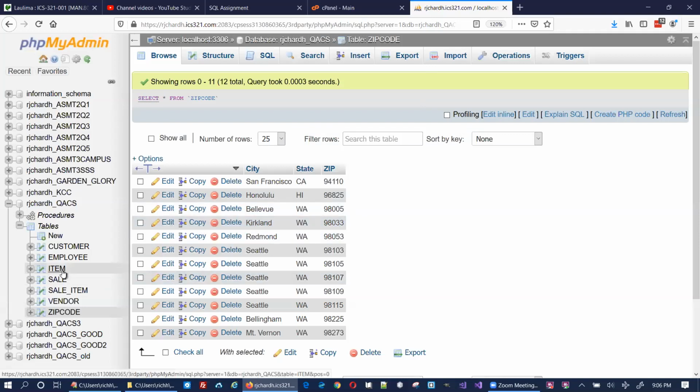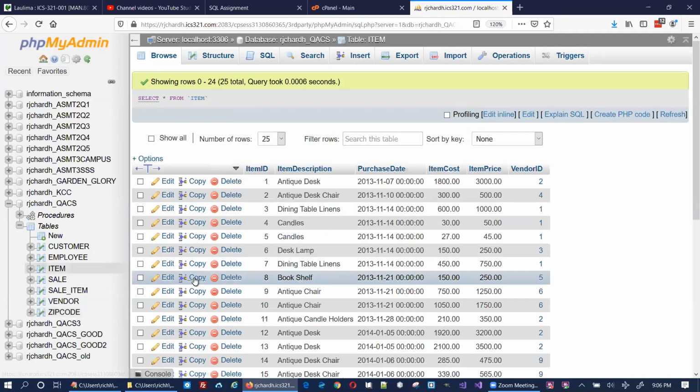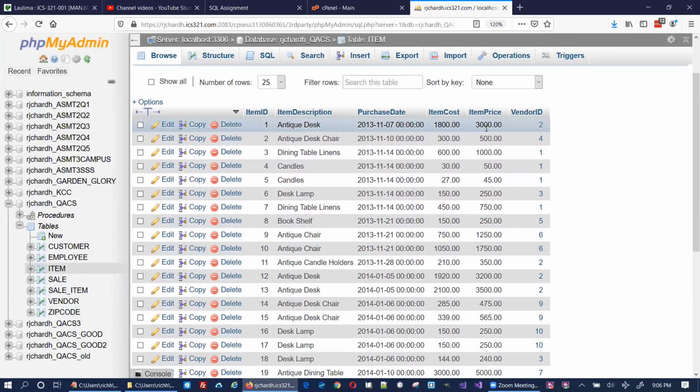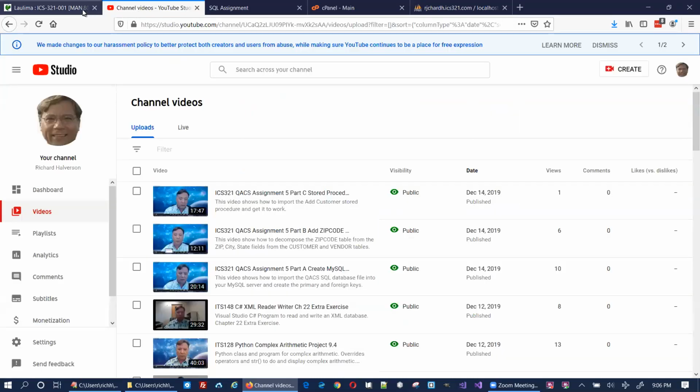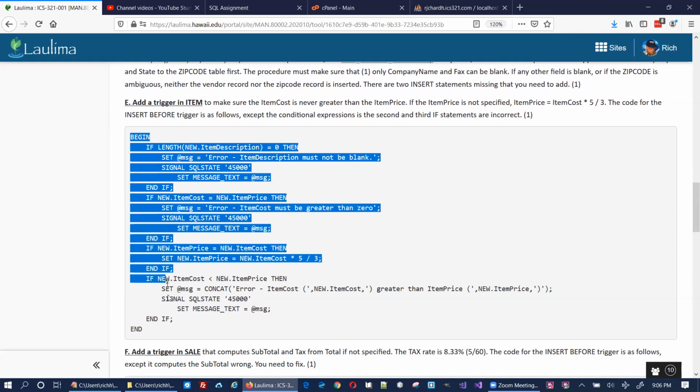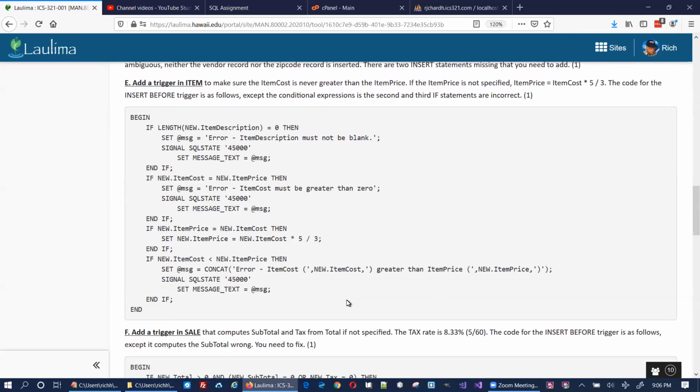Let me look at items. And you see that the item price is 5/3 of the item cost. 50/30. Okay, so that's this one, and you just